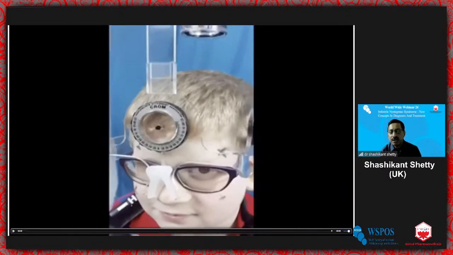And I found that measuring the head posture at the initial visit is very important, because as time goes on and the patient realizes that we are going to measure his head posture, he sometimes voluntarily doesn't keep the head posture. So sometimes we might miss the degree of head posture the patient has.